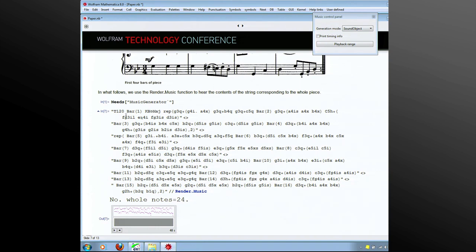There's a bit of syntax in here that's worth looking at. First of all, here are the numbered bars, and I've introduced a concept which I think really is the concept that opens this all up, which is the concept of a music function. So a very simple music function is rep,